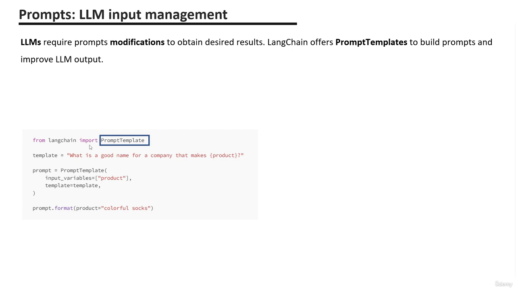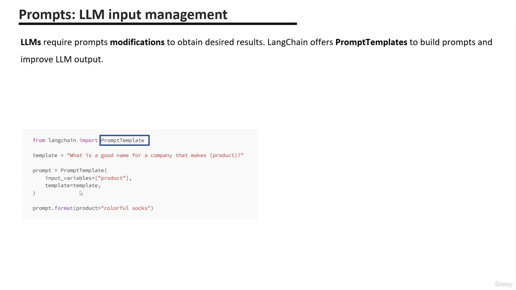As shown on the screen, the first step is to import the prompt template function from LangChain. Then, we construct the template variable, which has a fixed, invariant part and a variable part represented by arguments. In this case, the argument is product. This product argument will be modified based on the call we make. We generate the prompt using the prompt template function, passing the input variables, in this case, product, and the complete